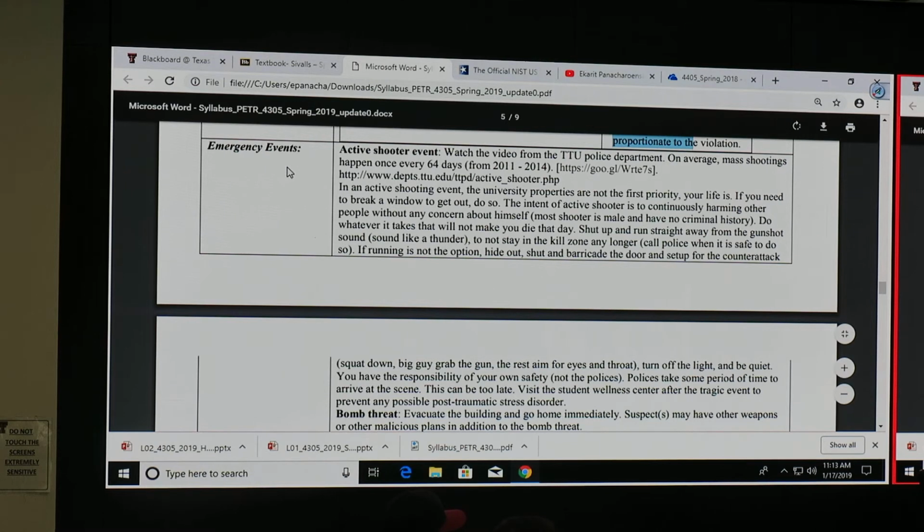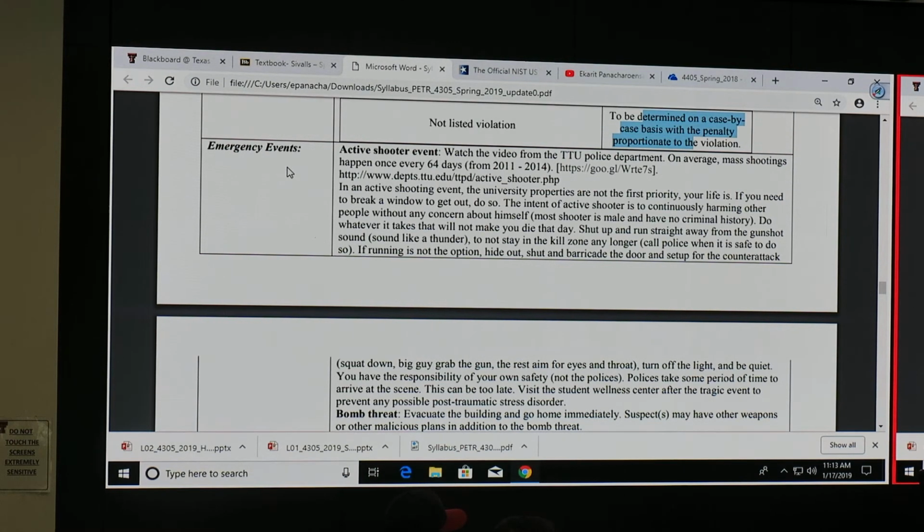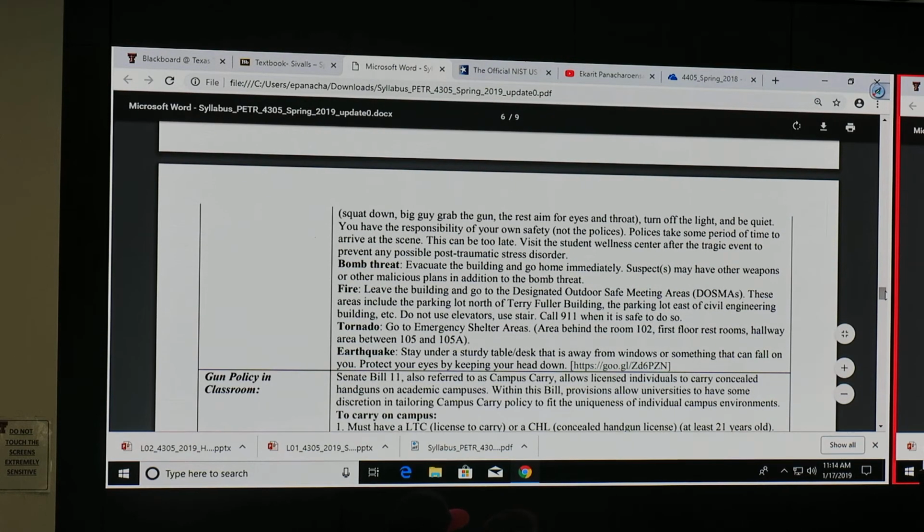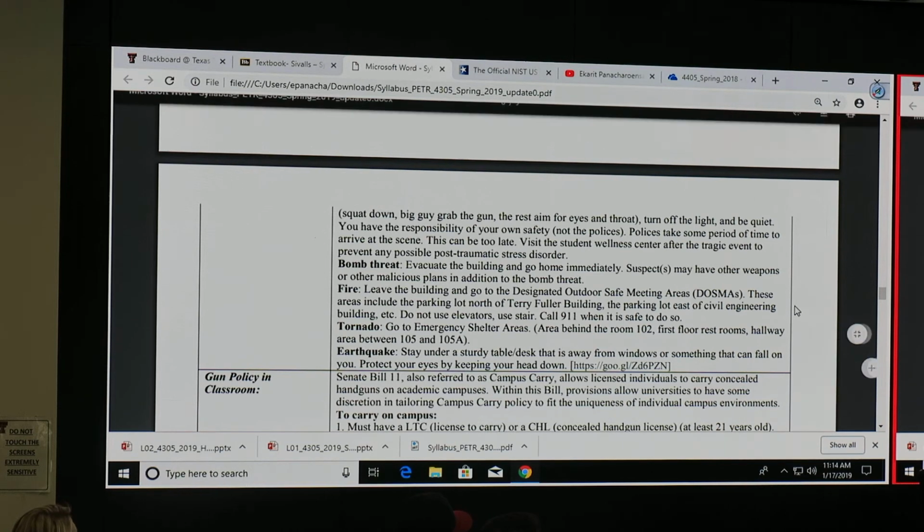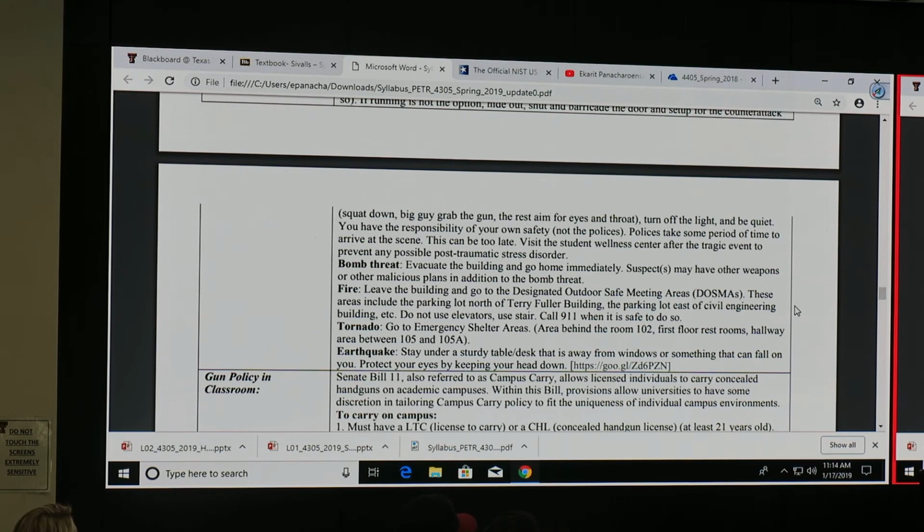Emergency events. This is an exit and another exit. If you have an active shooter, you may break the window and go out that way. Storm shelter: downstairs by the restroom, or you go close to the lab, 201, and go down. Those areas don't have windows, so it's a storm shelter. Bomb threat, do whatever the campus instructs. During class time, I think you can just set your cell phone to vibrate. Just look for the emergency message from Texas Tech. Sometimes it happens.